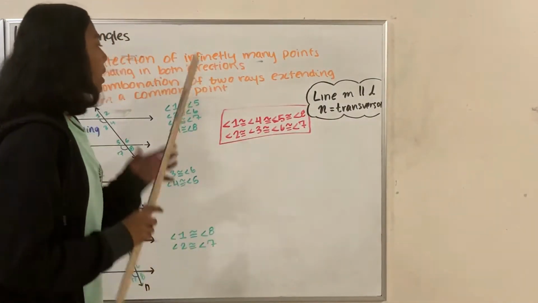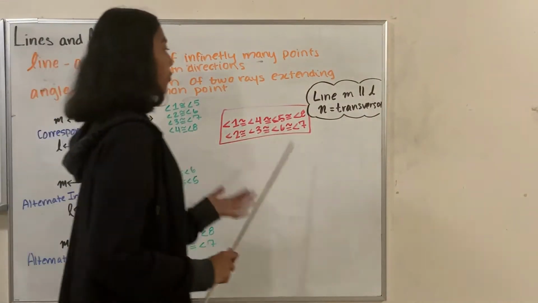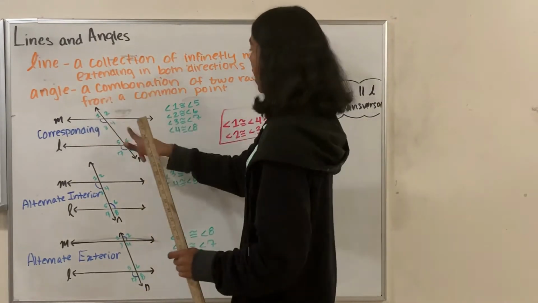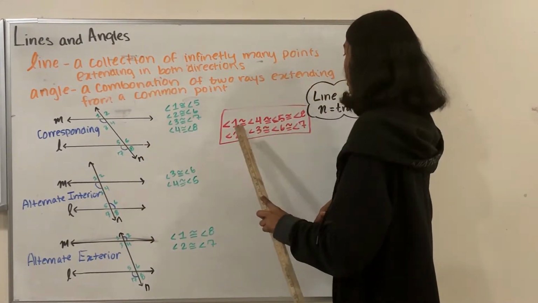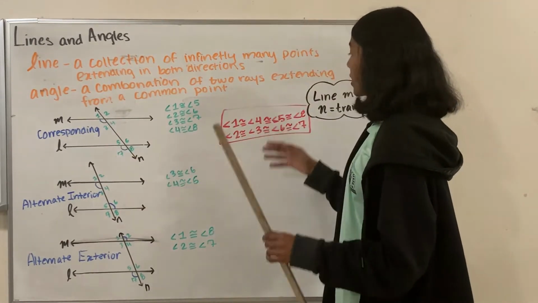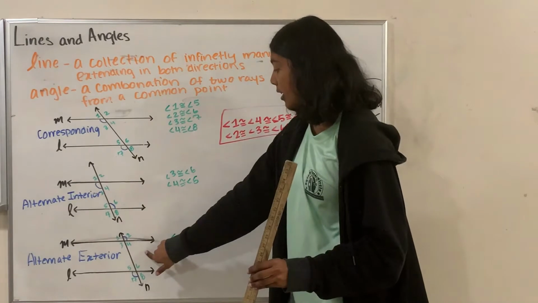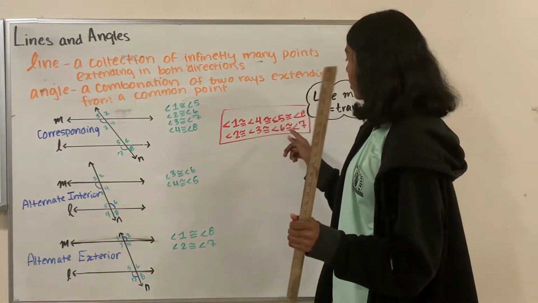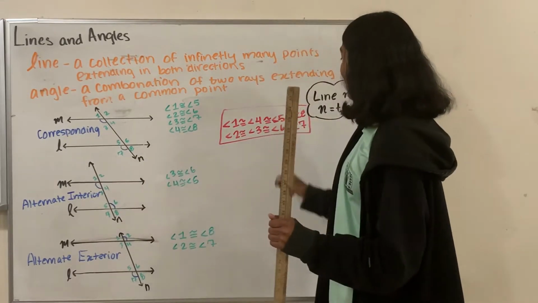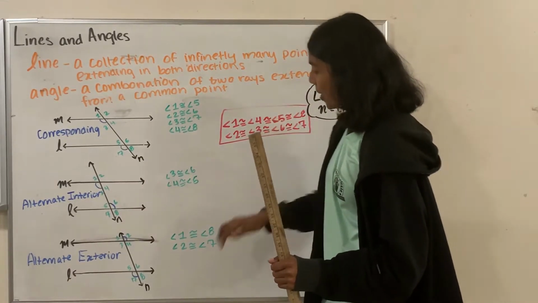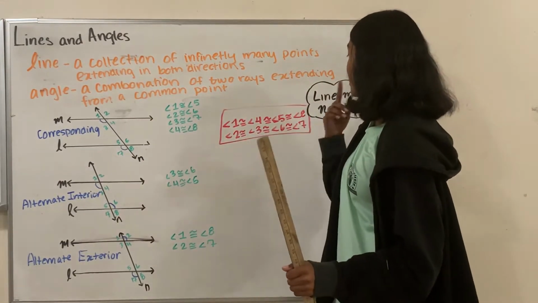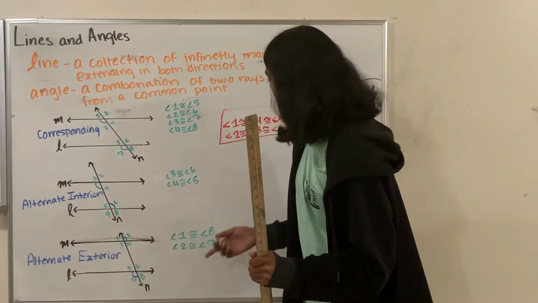For example, angle 1 is congruent to angle 4. Angle 1 is congruent to angle 4 because of vertical angles. Angle 1 is congruent to angle 5 because of corresponding. Angle 1 is congruent to angle 8 from alternate exterior. Angle 4 is congruent to angle 5 from alternate interior. And angle 4 is congruent to angle 8 from corresponding. And then angle 5 is congruent to angle 8 from,